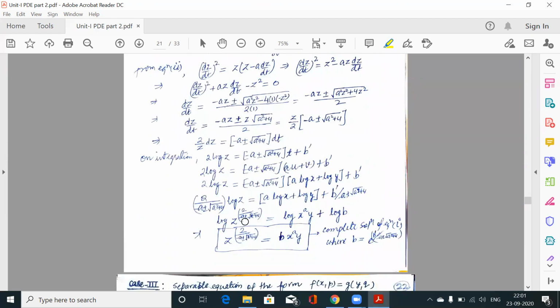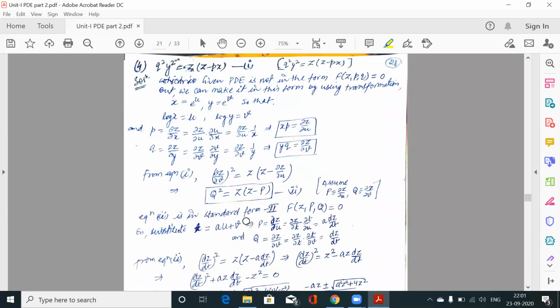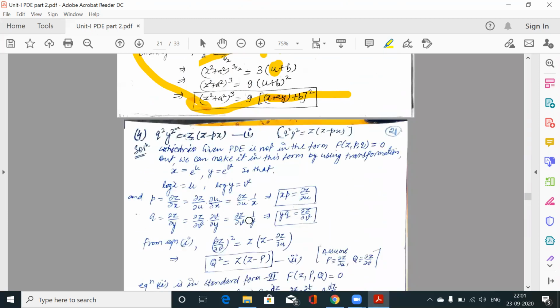Again, I told you in the previous case also that an equation which is not in the standard form, we can make it into that particular standard form by using some substitution, and that substitution is not fixed. For that you have to practice the questions. The more you practice, the more you learn about the transformation. There is no fixed rule. The transformation varies with the question. There can be as many transformations as there are questions, so practice as many questions as you can.